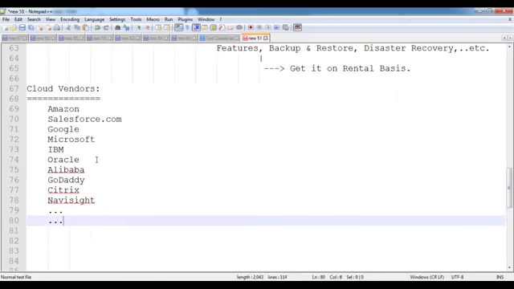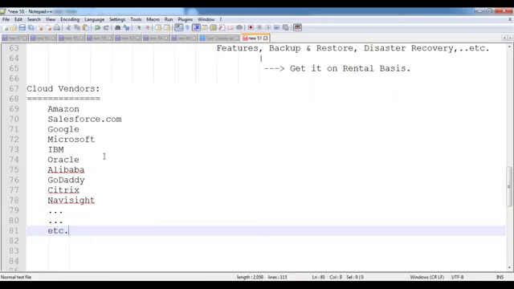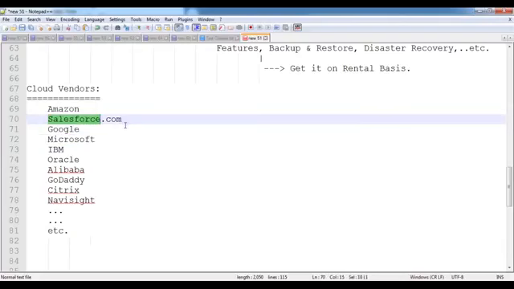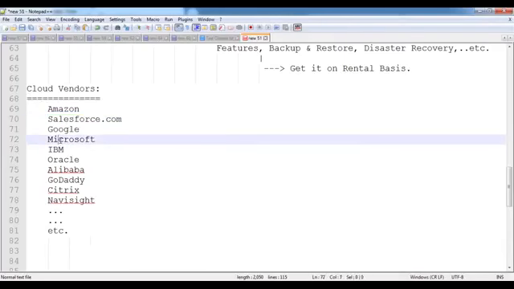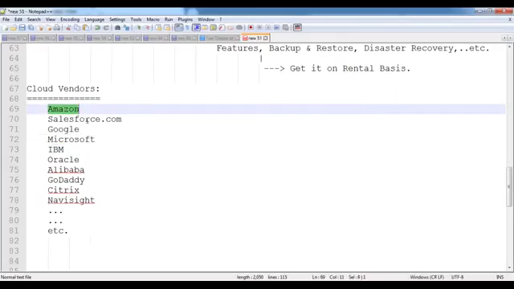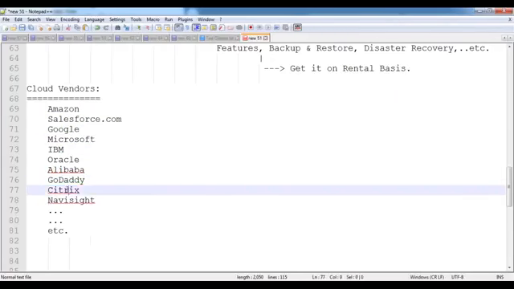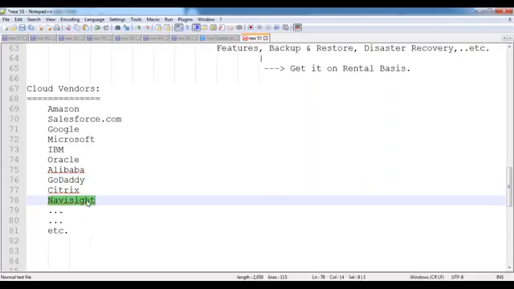Like that, we have so many vendors available who are providing their cloud services to their customers on rental basis. That means each and every vendor has their own cloud, and these cloud resources are provided to customers on rental basis. So the major vendors are Amazon, Salesforce.com, Google, Microsoft, IBM, Oracle, Alibaba, GoDaddy, Citrix, Navisite, Adobe Systems.